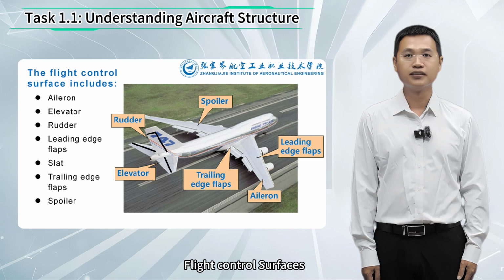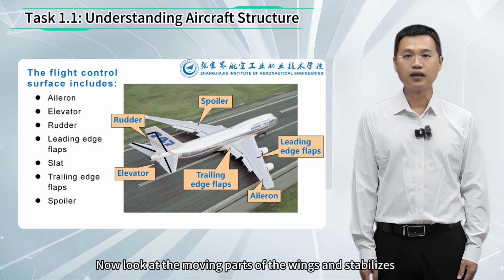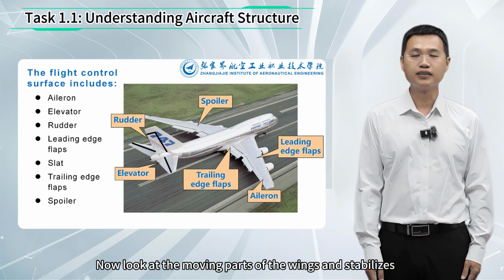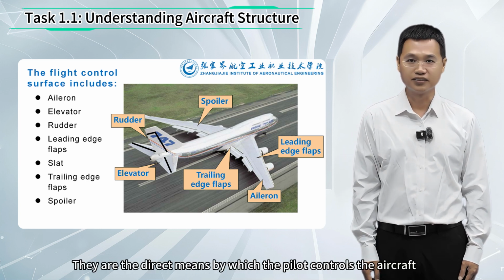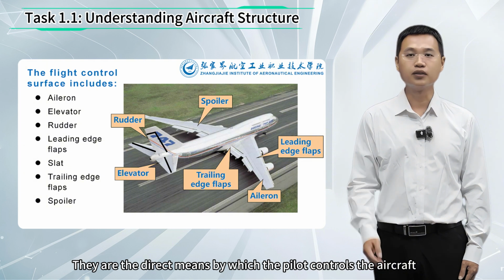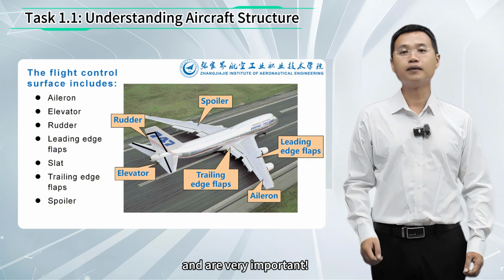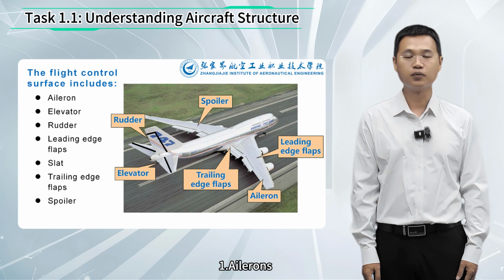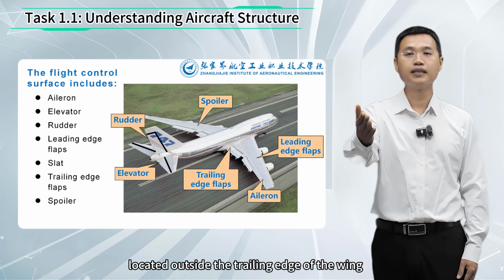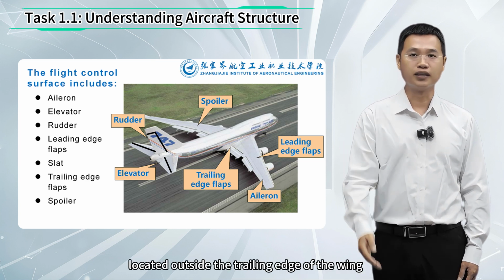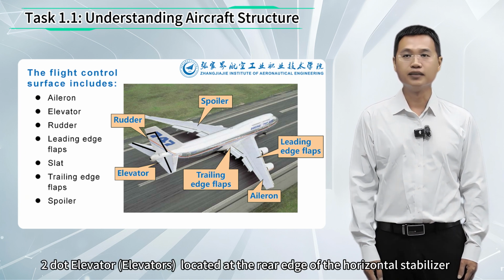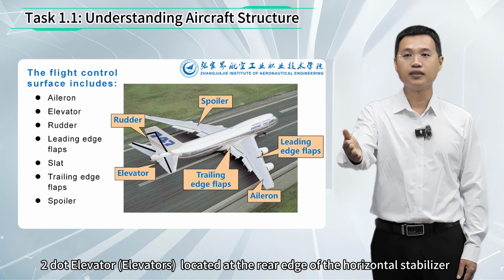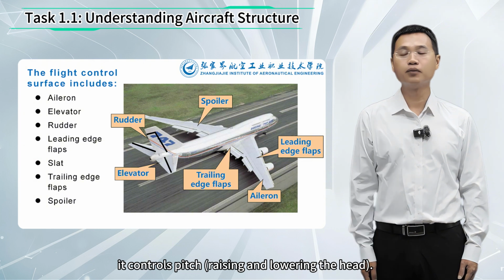Flight control surfaces. The art of control. Now look at the moving parts of the wings and stabilizers. Flight control surfaces are the direct means by which the pilot controls the aircraft and are very important. What are the main ones? 1. Ailerons. Located outside the trailing edge of the wing, they control roll, tilting left or right. 2. Elevators. These are located at the rear edge of the horizontal stabilizer, and control pitch, raising and lowering